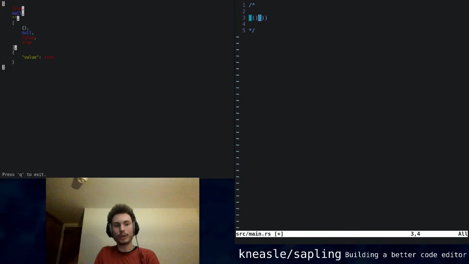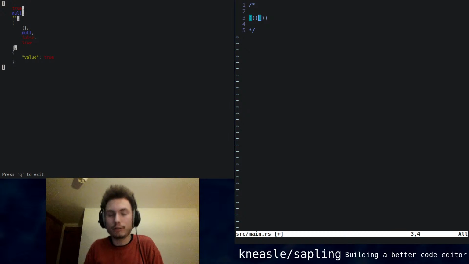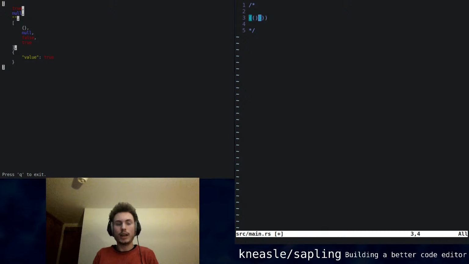You wouldn't want an editor where you can open Rust code and it works really well for Rust code, and it technically is cross-platform, but in order to open a C file, you have to download a new